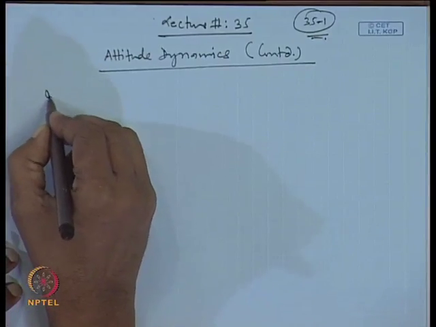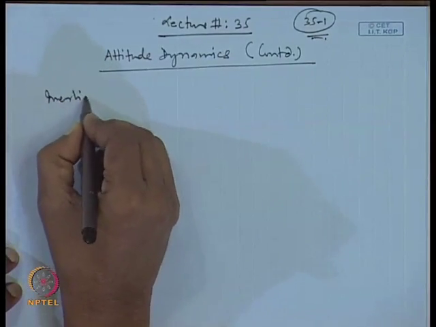Okay, in the last class we have been discussing the attitude dynamics. So, we continue with that, and in that part we were discussing the moment of inertia matrix or the inertia tensor. In that context we have been working out the properties of a real symmetric matrix. So, we saw that our inertia matrix or the inertia tensor